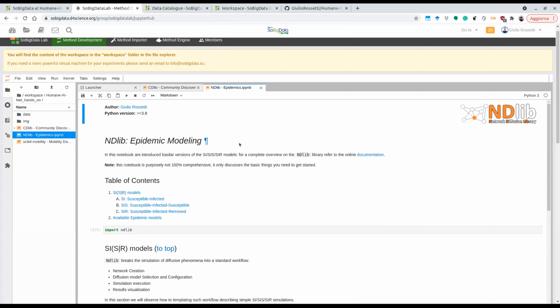Opinion dynamics are used to study, for instance, in a network population, how individuals will change their mind by peer pressure or by, I don't know, discussing a given topic, given their open-mindedness and also similar attitudes, okay? Of course, the library does not only allow you to execute an existing method, there are plenty of them already implemented, but also to implement your own method with a very simple syntax that can be applied either on the programmatic side, writing exactly Python code, or using a descriptive language that is NDQL, that basically is a SQL-like language that allows you to describe a model and the data and run